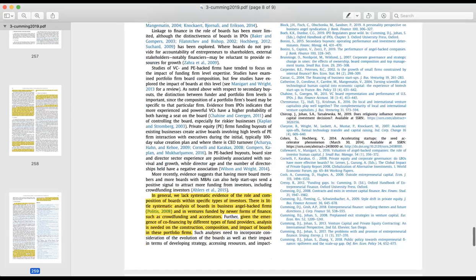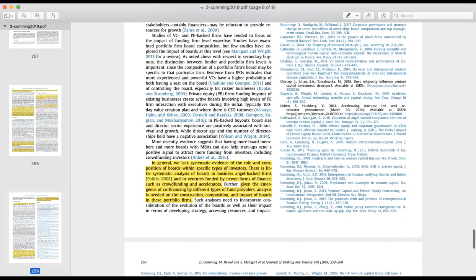So for example, if you read this, the student has highlighted this, so you can just read it. So in this paper, they have just guided you about all these things. In general, we lack systematic evidence of the role of composition of boards within specific types of investors. There is little systematic analysis of boards in business angel backed firms and in ventures founded by newer forms of finance, such as crowdfunding and accelerators. You see, so they've identified an area which has not been studied a lot,